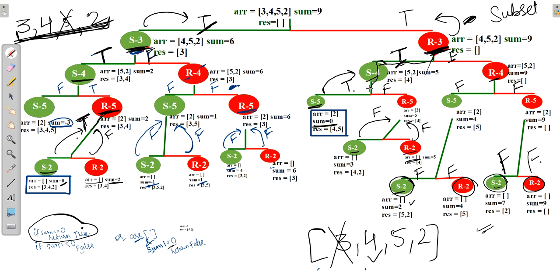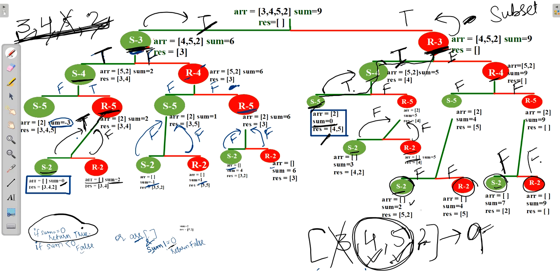Then going bottom, it says true for select 5. And here it ends. That means here it says 4 plus 5 is also a subset of 9. So with this we got two subsets, 3, 4 and 2, and the other subset is 4 and 5.